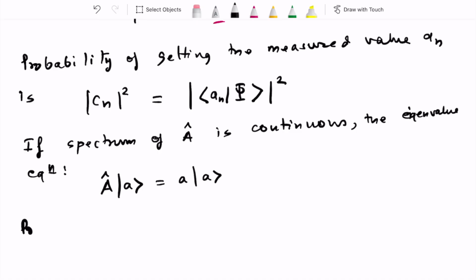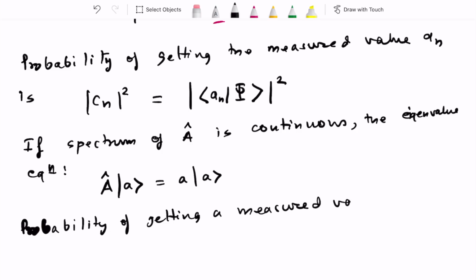So the probability of getting a measured value between A and A plus dA